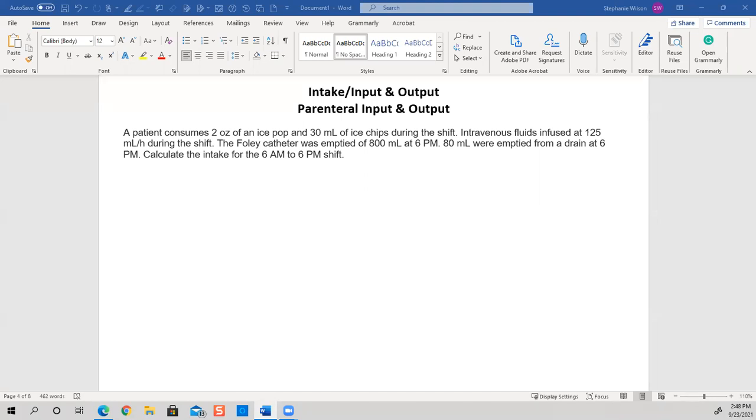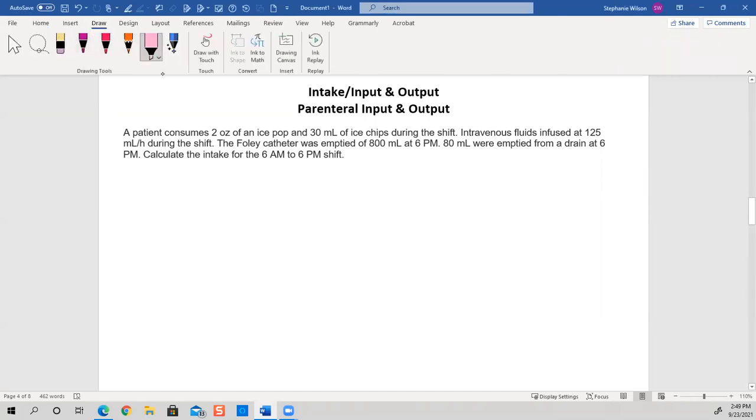Even if they're putting out the same amount they're taking in, it's still dangerous. So you want to make sure that they're not dehydrating, or many different science things going on there. I'm not going to dig into that, but I do want to talk to you about the math part and how to calculate this. So the first part we're looking at says we have a patient who consumes 2